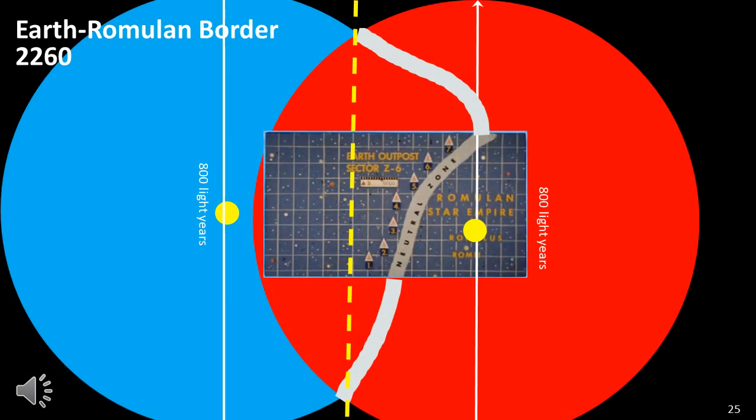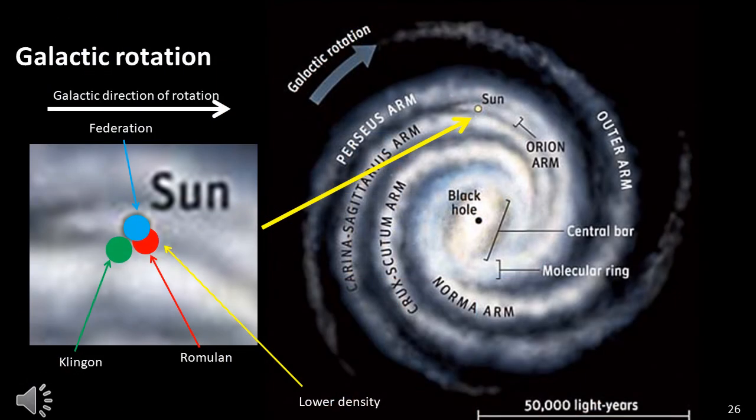After an additional 100 years of expansion, this probably represents the border in 2260, which is shortly before Kirk's 5-year mission. In Errand of Mercy, the Federation and Klingons go to war. As it turned out, apart from a small skirmish with the Enterprise, there was no combat as the Organians stopped the war. While there was no war, we have a few clues which may allow us to position the Klingon